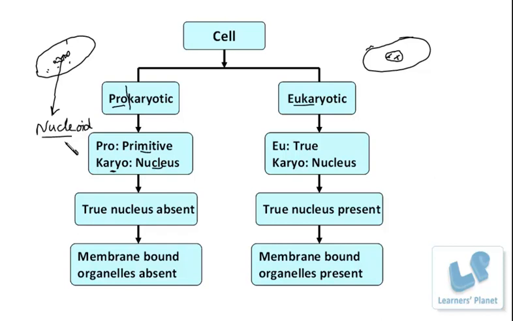Fine. So I hope it is very clear what we mean by the primitive nucleus: it is the absence of the nuclear membrane, the nucleoplasm, and all such important structures which are present in the true nucleus. Right. So now this is the eukaryotic cell. Another one. In this term, again two words are there: eu and karyo. So eu means true, and karyo means the nucleus. Fine. So the cells in which the true nucleus is present are known as eukaryotic cells. And now I hope it is very clear what we mean by this true nucleus.